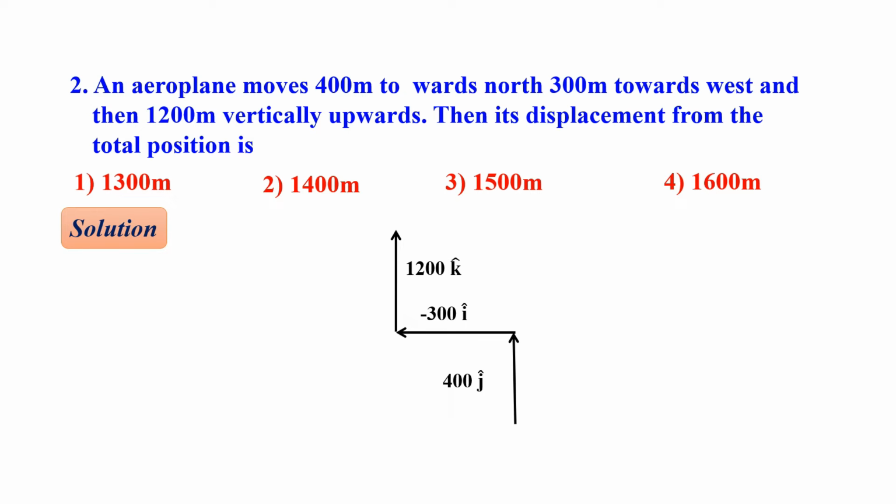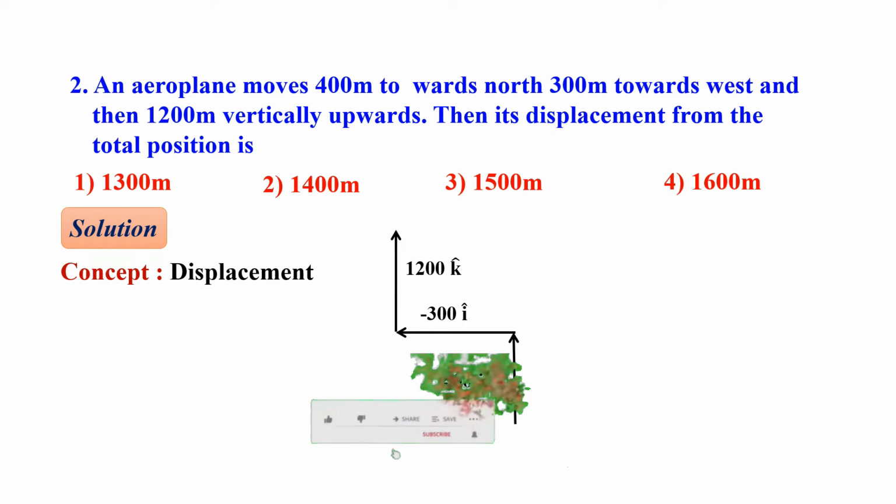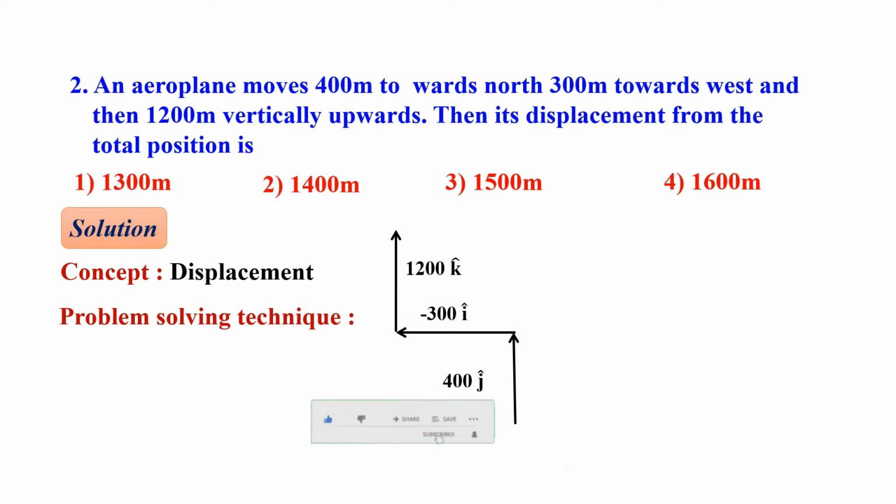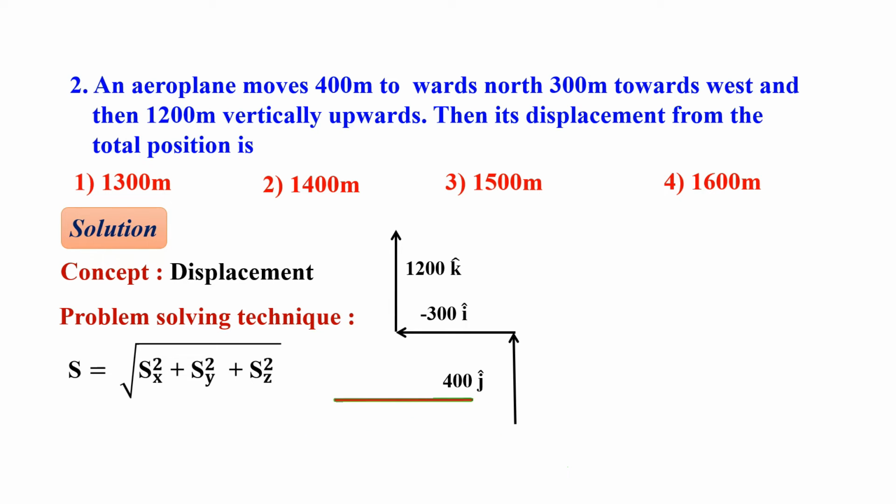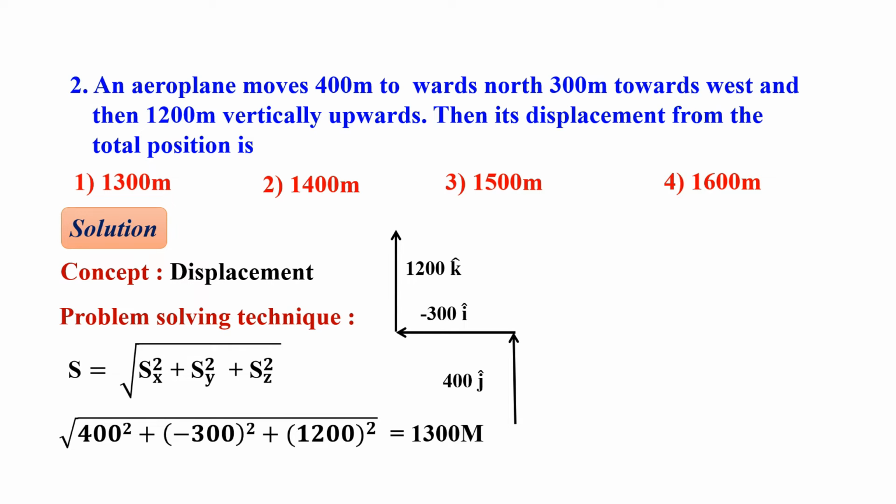This is the diagram representation of how the aeroplane is moving. Towards north 400 meters, towards west 300 meters, and again vertically upwards 1200 meters. So we are calculating the displacement. The concept is displacement. The formula is S equals root of sx square plus sy square plus sz square. Now substituting values, square root of 400 square plus minus 300 whole square plus 1200 whole square,